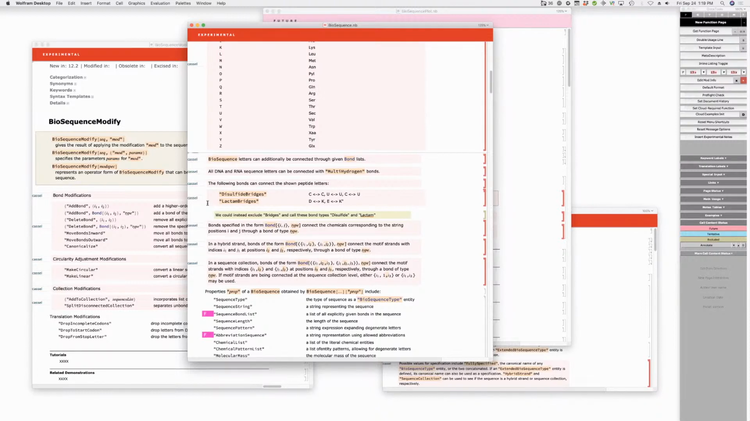I'm sorry, the line? Like we could instead, and then the next one. Unspecified in the form. Connect this with this. Connect the chemicals corresponding to the string positions. I and J, those should be italic. Yeah. Through a bond. We usually say "have the specified type" when the word is actually typed, but bond